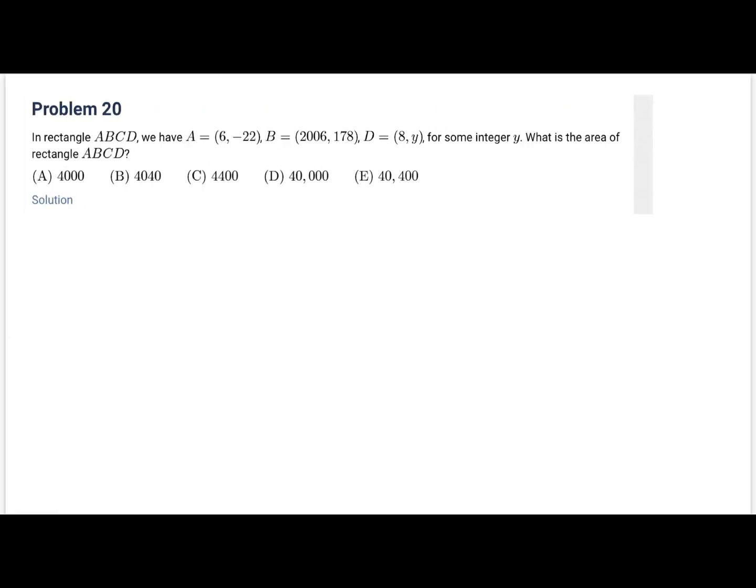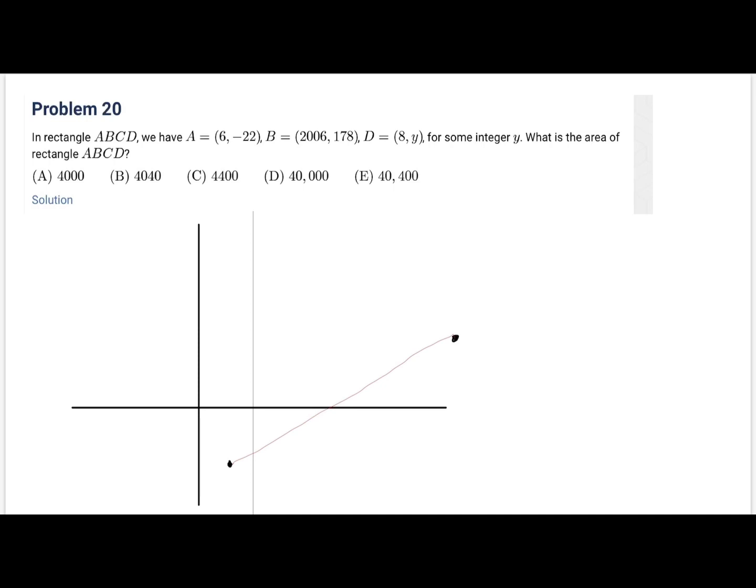Problem 20, in rectangle ABCD, we have A equals (6, -22), B is (2006, 178), and D is (8, y) for some integer y. So if we draw, then we can approximate. So (6, -22) would be somewhere here, (2006, 178) would be somewhere over there, and (8, y) would be somewhere on this line. And so if we try to get what connects these two,